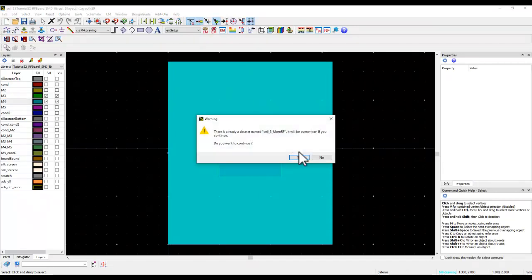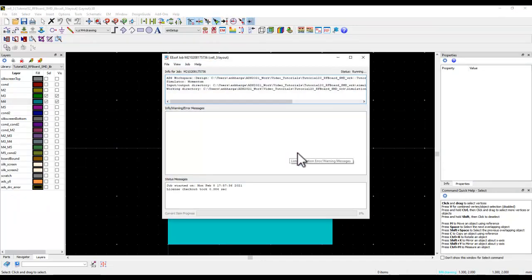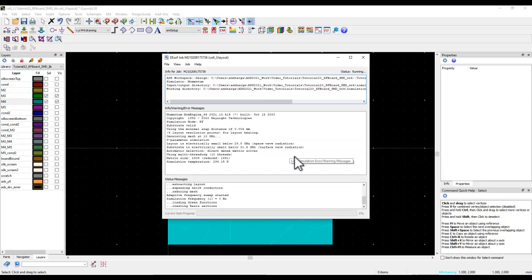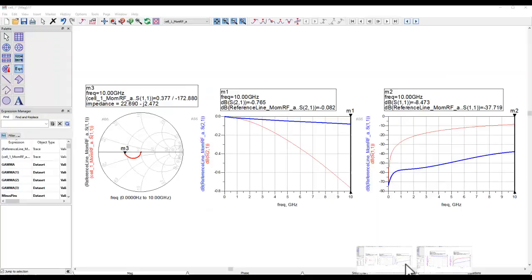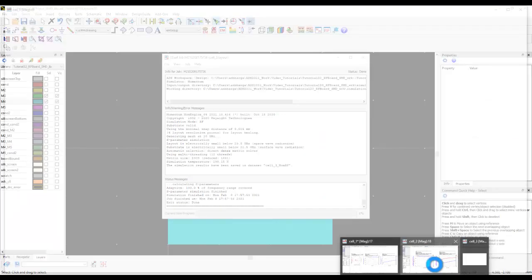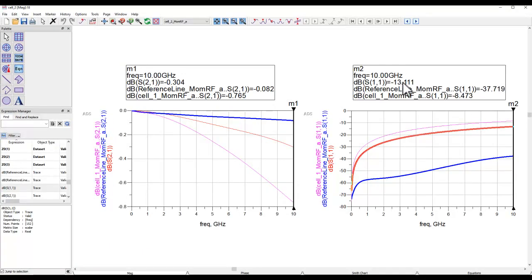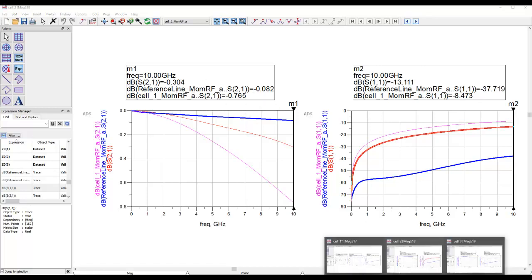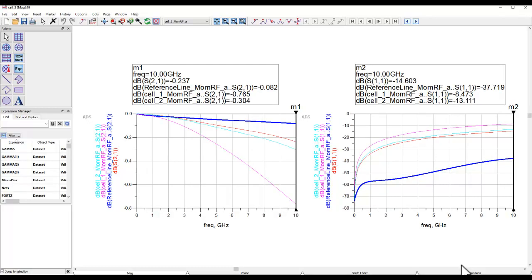Now, if we go ahead and run simulation on this layout, obviously the performance will improve. But beyond a point, the performance improvement will not be that high. In the last case, originally we started with minus 8 dB, and when we referenced the ground to the M3 layer, the performance improved by 5 dB in terms of return loss, and also insertion loss almost halved at around 10 dB. Now with the current case, when we are using M4 as my return path, you can